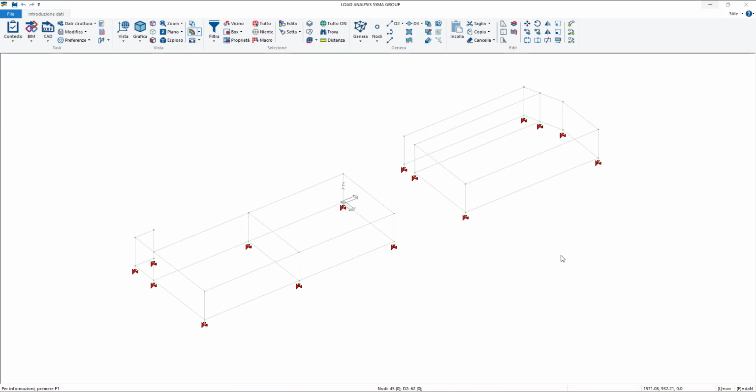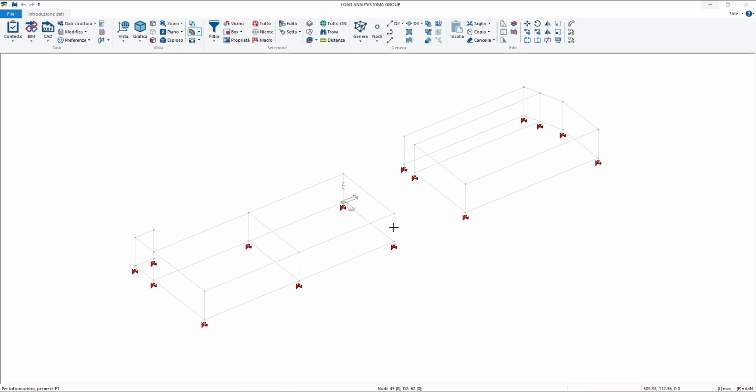In today's lesson, we are gonna focus on the modulation of the ground stratigraphy and the modulation of some particular foundation types like foundation piles in order to perform a geotechnical analysis. And also we're gonna perform just the linear dynamic analysis on the structure in order to obtain executive drawings, calculation reports, and metric computation. We're going to start from this model that has been sent to me.